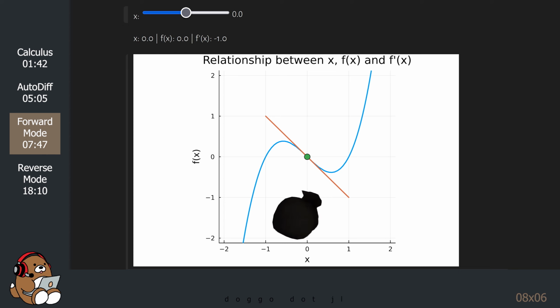So who would have thought calculus can actually be fun? In this example, we only had one input and one output. It turns out that forwarddiff.jl is very useful for classic calculus problems, not unlike problems you might encounter in an Intro to Calculus course. But in modern applications, you might need to find the derivative of a function that takes multiple inputs and returns multiple outputs. For more complex problems, you need to use reverse mode automatic differentiation.